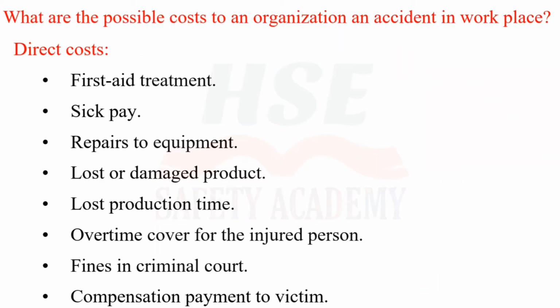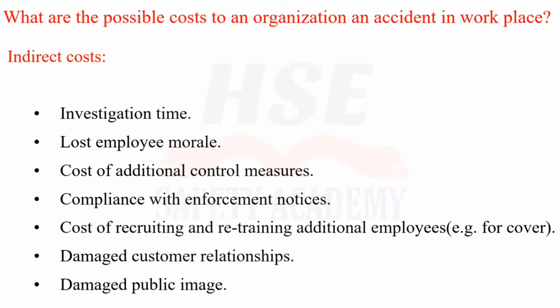What are the possible costs to an organization of an accident in the workplace? Direct costs: first aid treatment, sick pay, repairs to equipment, lost or damaged product, lost production time, overtime cover for the injured person, fines in criminal court, compensation payment to victim. Indirect costs: investigation time, lost employee morale, cost of